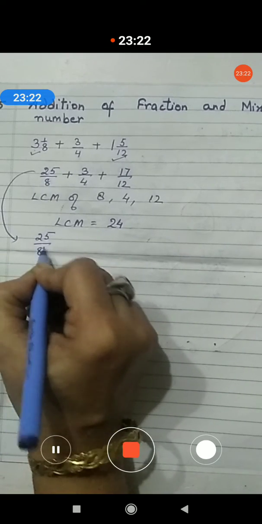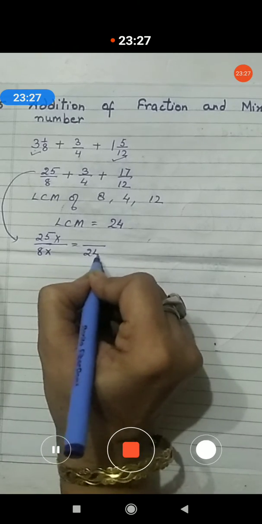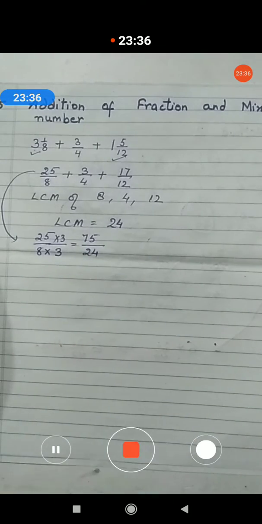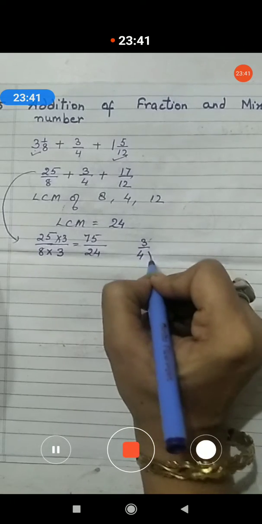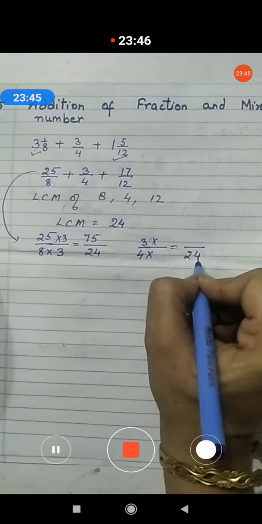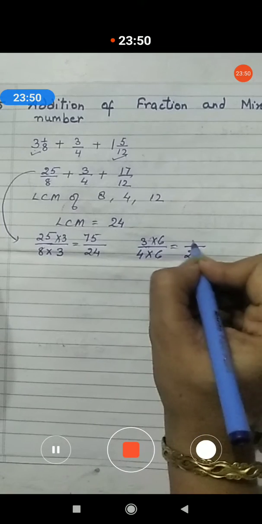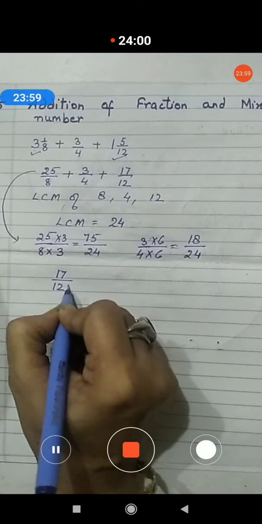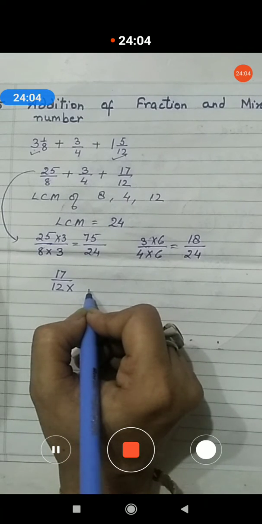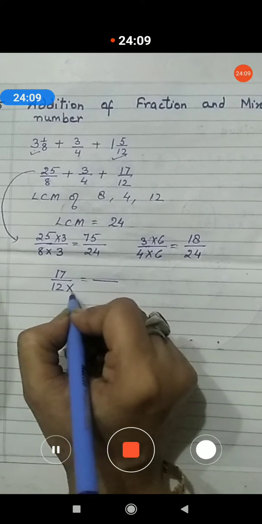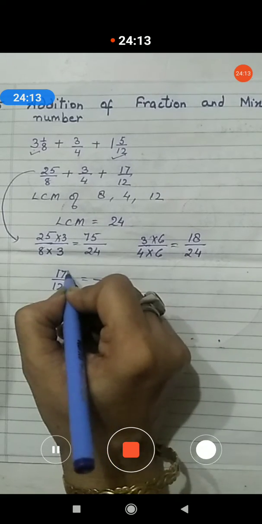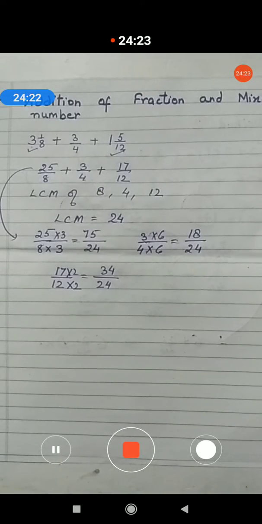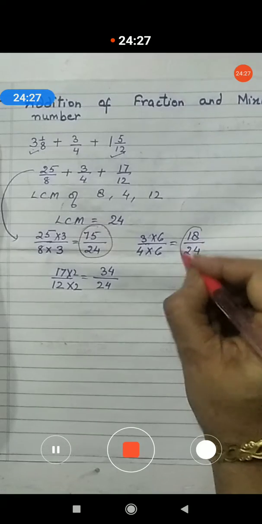25 upon 8, LCM we are knowing is 24. 8 3s are 24, so 25, it will be 75. Then come to the next one, which is 3 upon 4. 4 6s are 24, 3 6s are 18. Then this is your 17 upon 12. Now we are going to have 2, 34. Is that clear? So now the value which we have received is 75 upon 24, 18 upon 24, 34